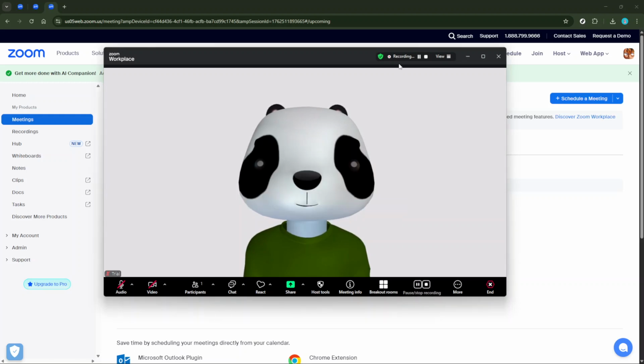As you go through your meeting, feel free to focus on your discussion and let Zoom take care of the recording. When you reach the end of your meeting, or if you need to stop the recording at any point, revisit the toolbar. You have two options here. You can either click Stop Recording or simply end the meeting. Stopping the recording will conclude the capture of the meeting content, allowing you to save the conversation you need.